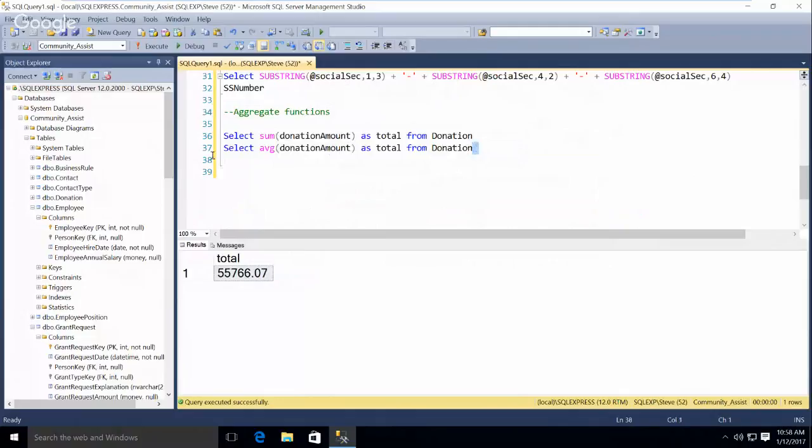So the mean average donation is 1,161. I think that's because I had Bill Gates donate. There was a big donation in there. And you could look at the max donation.